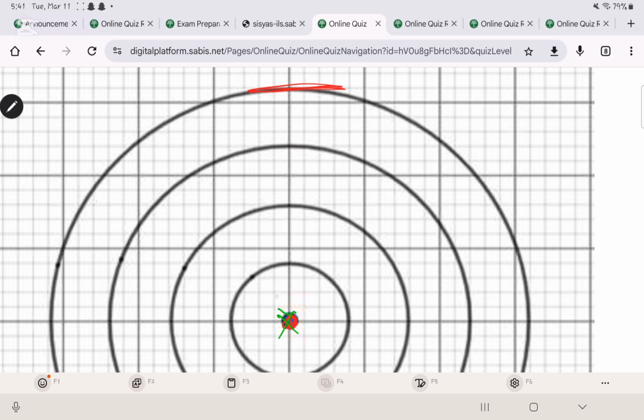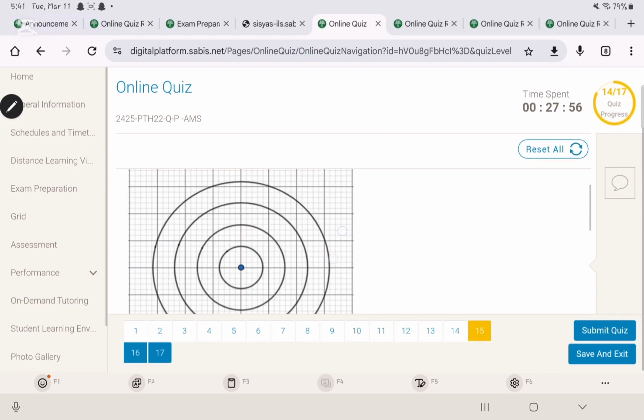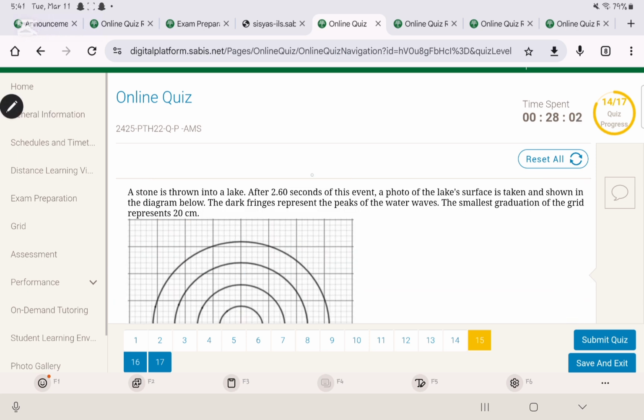So now you count 1, 2, 3, 4, 5, 6, 7, 8, 9, 10, 11, 12, 13, 14, 15, 16. So now this is all of it, 16 blocks. So in total, it's going to be 16 times 20, which is 320 centimeters. Change it to meters, this is going to be 3.2 meters. Now, this is what we found, the total wavelength, and we have the total time it takes from the center to the final point of the wavelength. So the total wavelength, which is 3.2 meters, over the time, which is 2.6 seconds,